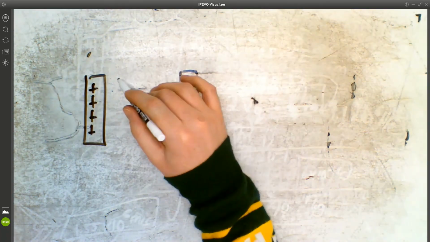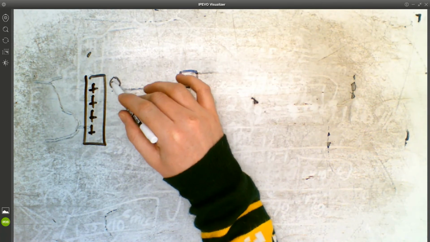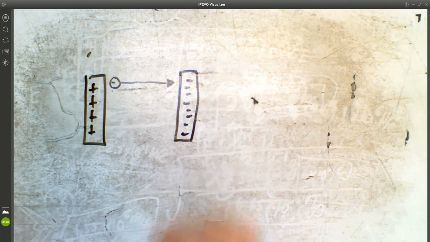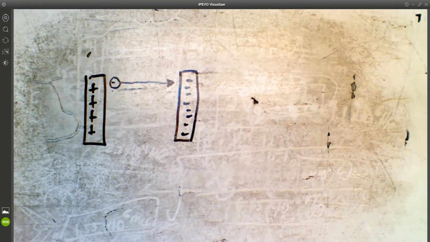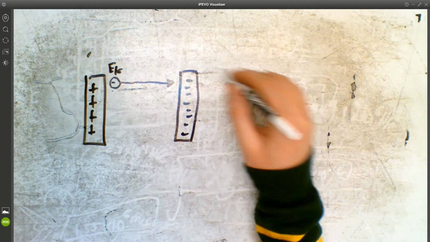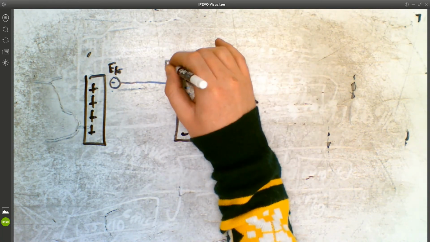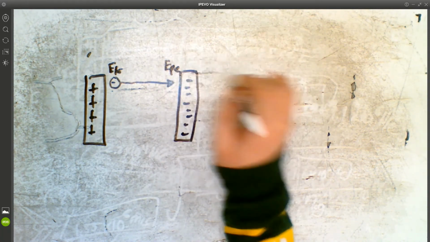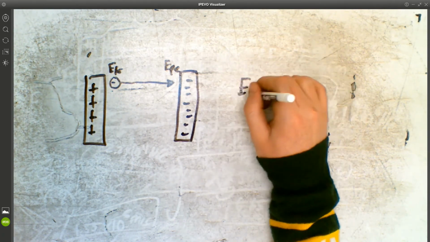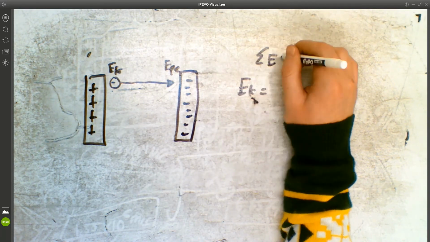So if you're trying to stop an electron, it would slow down, slow down, and stop going that way. Here it has a lot of kinetic energy. And here it's where it doesn't want to be, so it's got a lot of potential energy. So this is just the same thing as before. Physics principle number 5,